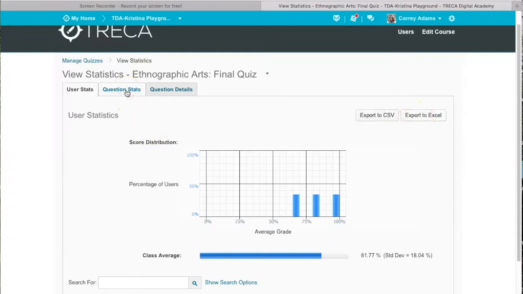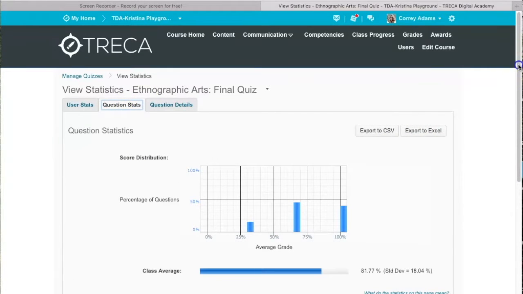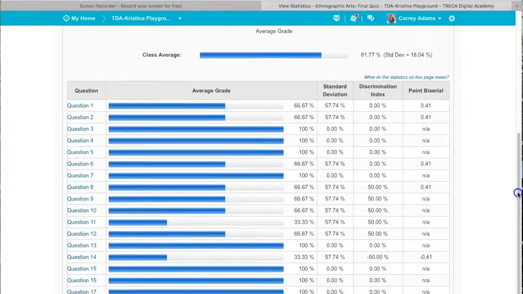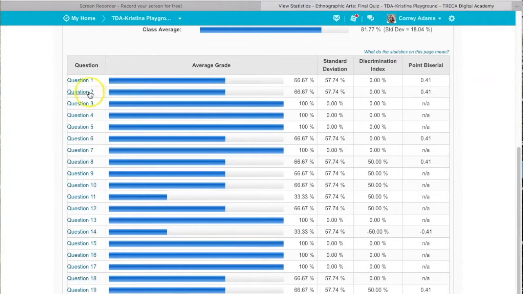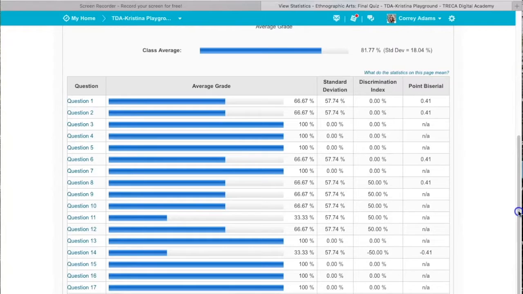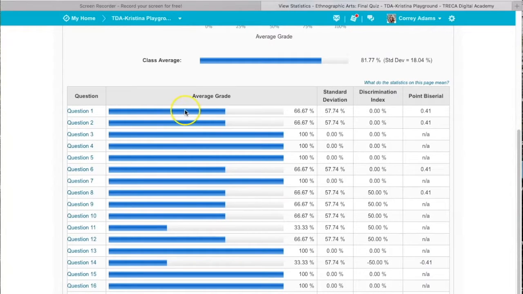On question stats, I get a little bit more detailed information per question. Whether or not I tag objectives through the quiz editor, I still get data on every question, because I purposefully, I think it was like the last 4 questions, I did not add them as objectives through the quiz editor, and this data still showed for that. But anyway, you can see the average